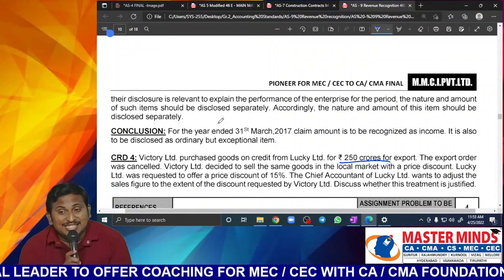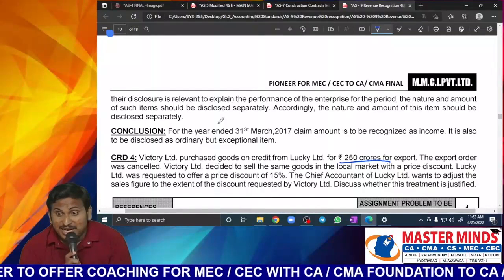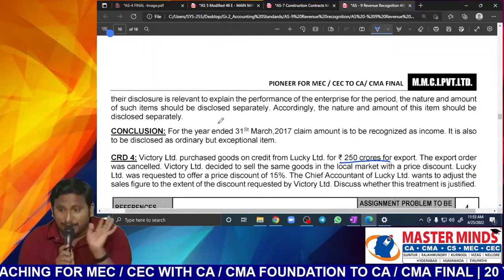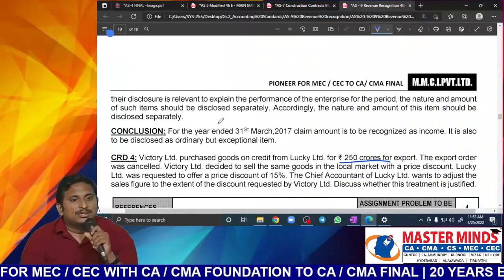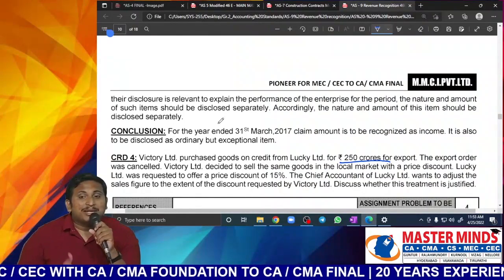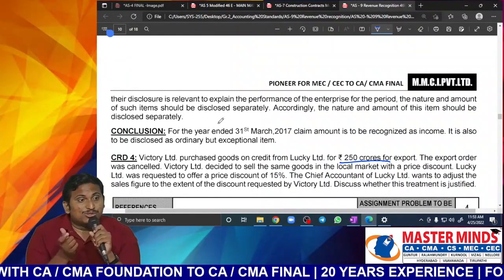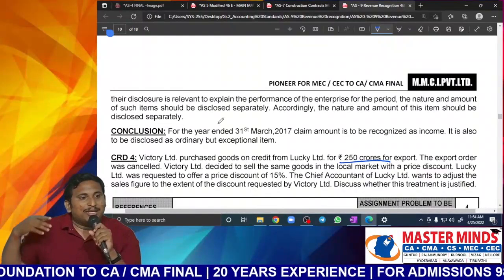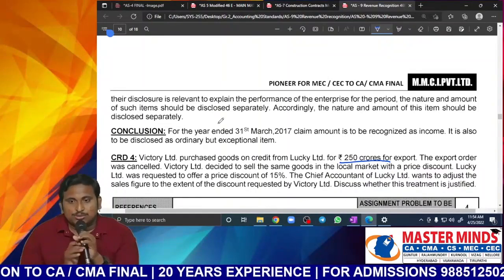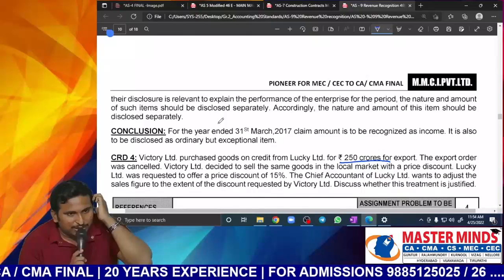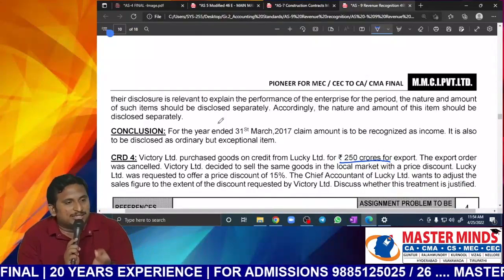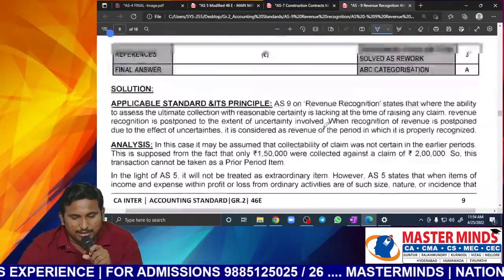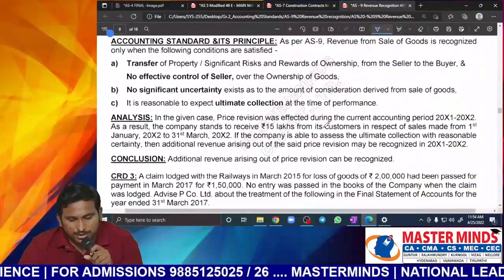Tell me, is that a cash discount or a trade discount? If it is a trade discount, reducing it from the sales is appropriate. If it is a cash discount, you cannot reduce. So, cash discount or trade discount? Sir, a trade discount means it should happen at the time of sale itself, and that too because of volume. Now here it is not happening at the time of sale. It is happening later on due to some reason. So we cannot call it a trade discount. It is only a cash discount and hence should not be reduced from the sales. Hope it is clear. Now let me deal with another question, sir.